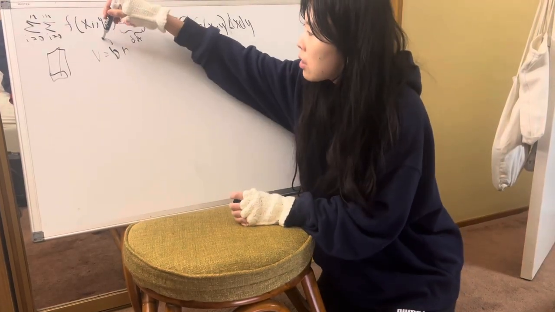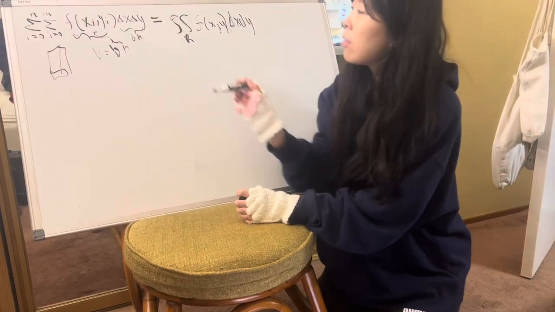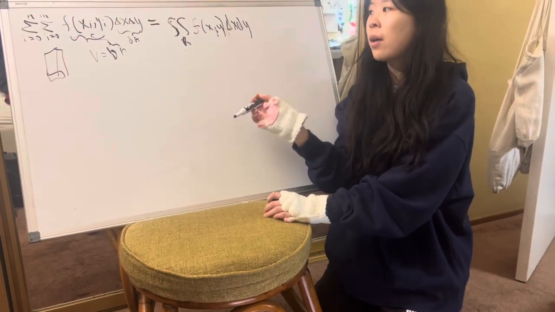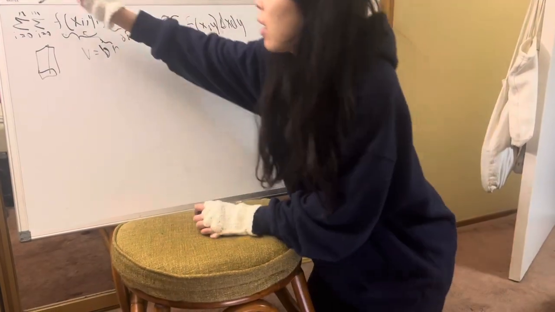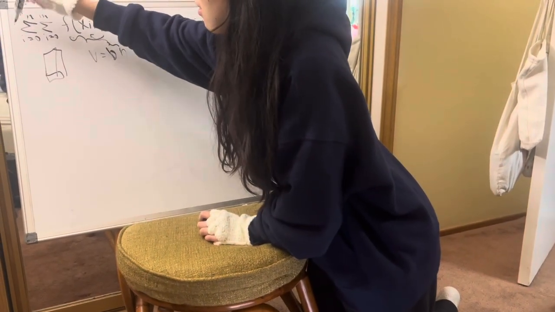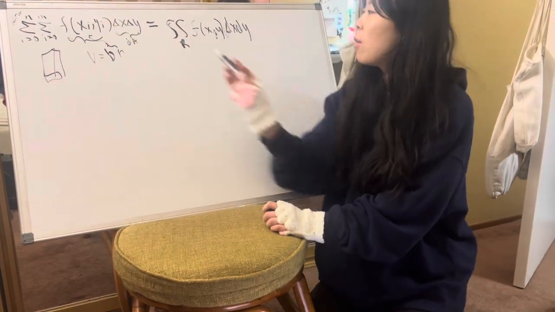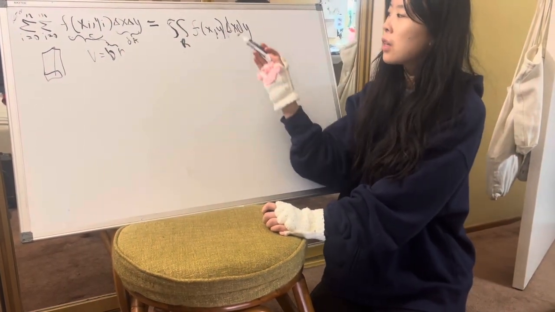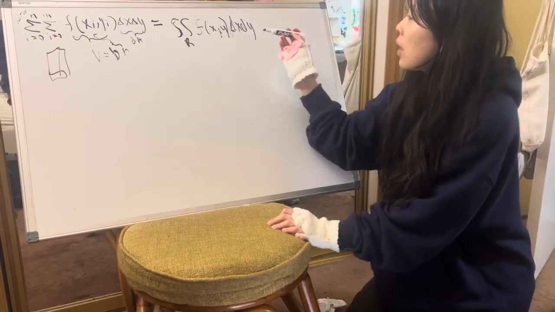And that's this over here. So this is the height, which is f(x_i, y_i). And then the sum of that, taking the limit as the norm goes to 0, approximately becomes this integral. And then how to evaluate this double integral is to